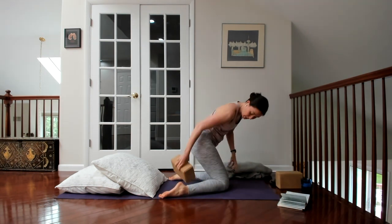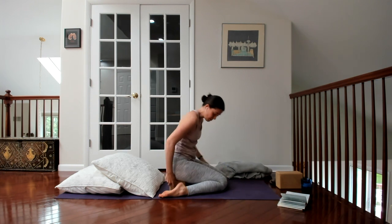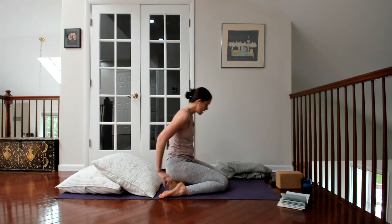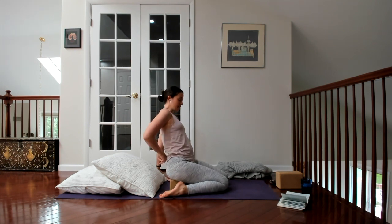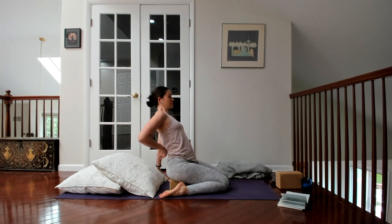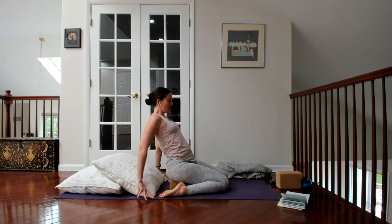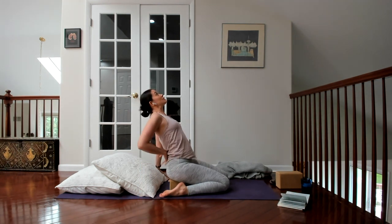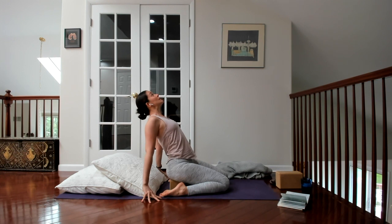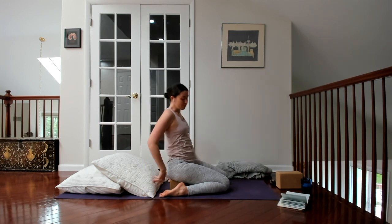Here's where a blanket or maybe a block underneath might be really comfortable here. And then option is to make sure you get the bend in that lumbar spine, so you start to activate into the ligaments and the tissue around the lumbar. And then maybe you're here, and that feels plenty. You're just getting that heart opener at the same time you're tapping into those kidney lines. Or